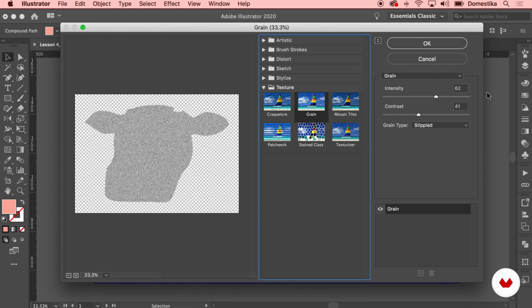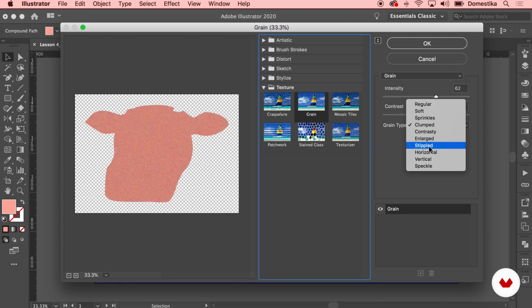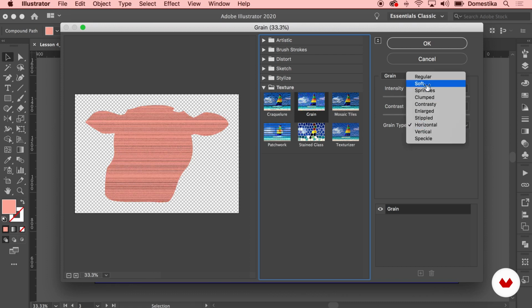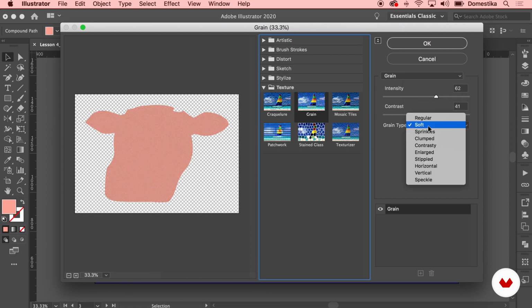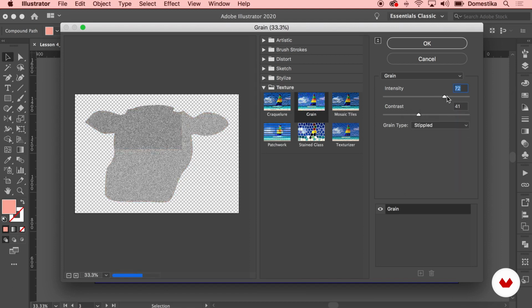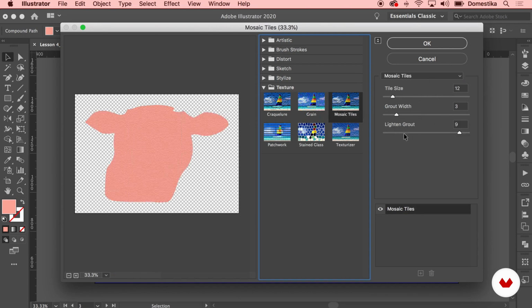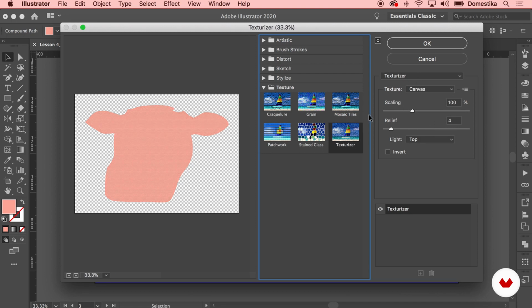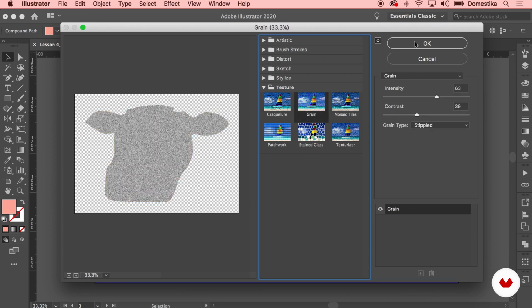On the right hand side here, as I mentioned, you can further adjust the effect that you selected. From here, for example, you can select the grain type. It really depends on the specific occasion what you want to achieve. On this occasion, I'm gonna just stick with the stipple. You can also play with the intensity and the contrast. On each of the effects, you will have slightly different handles and options to adjust, depending on the effect itself. Once you're happy, you just press OK